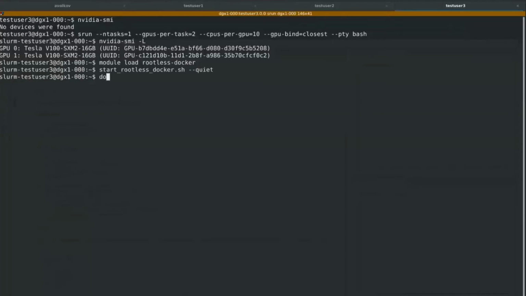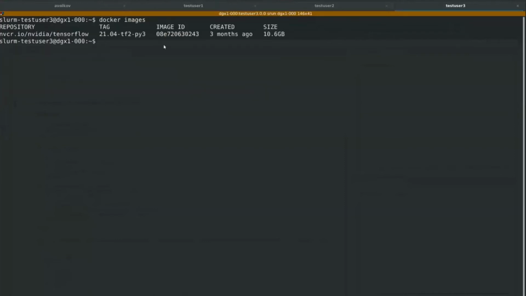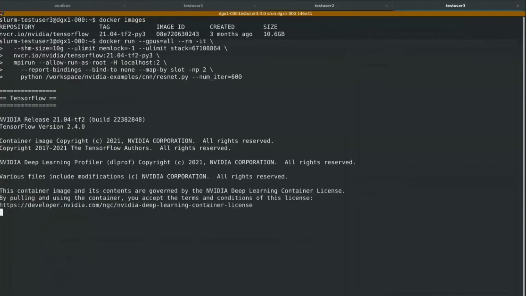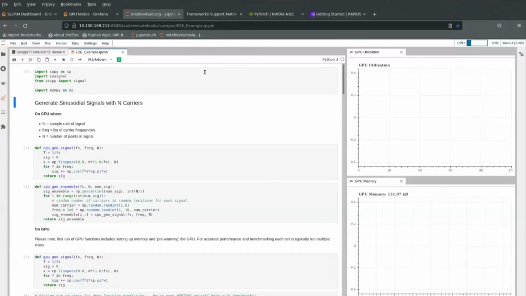And you can see I have a TensorFlow container that I pulled down from NGC, and I can run this command to start a ResNet job. Okay, this started up. So here, while user 3 is running a ResNet job, here user 2 or user 1, let's say, is running this